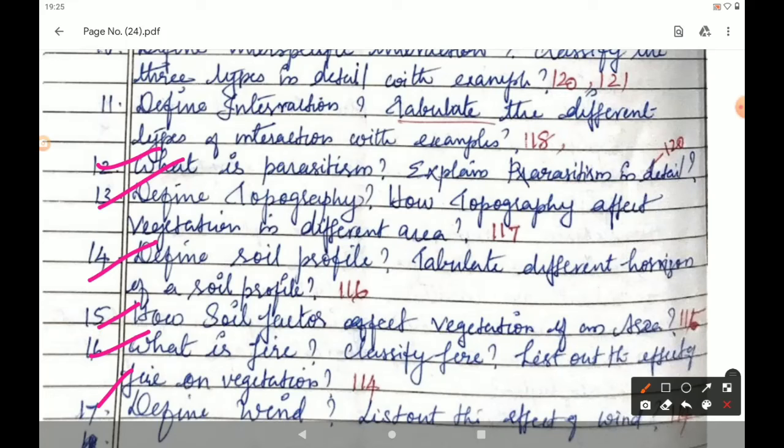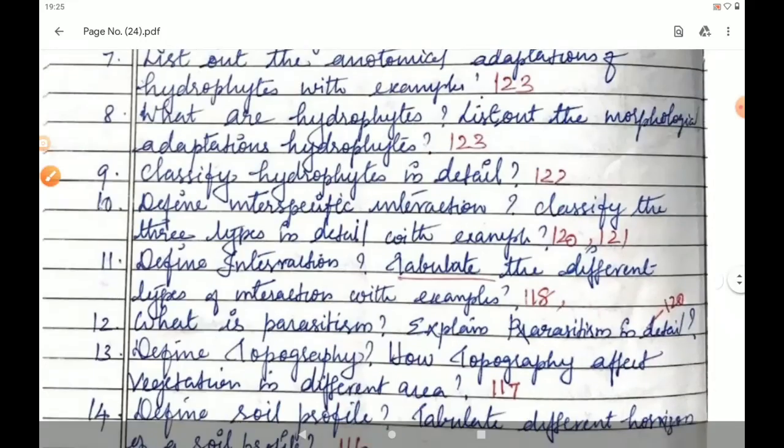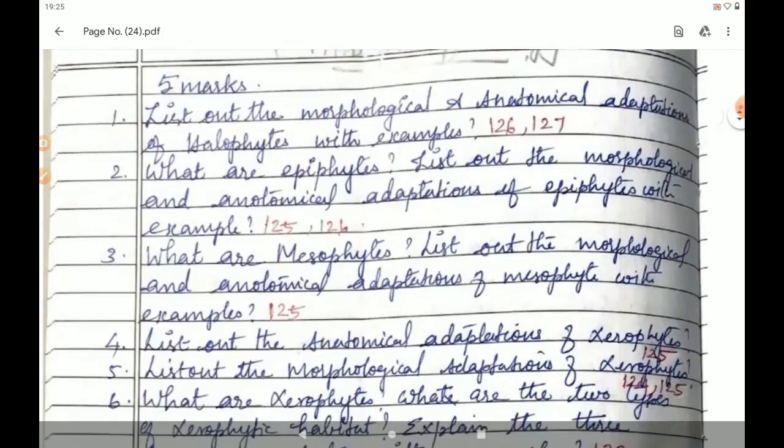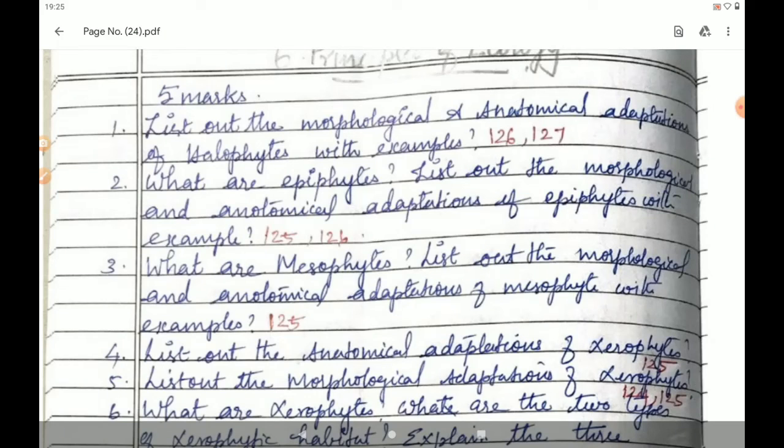So students, so far we have seen 17 questions in this lesson. 17 five mark questions. Learn all the questions. This will be very easy for you because you have already learned these questions in 2 mark and 3 mark. It is given in a very shortened form. If you learn the 2 mark and 3 mark, then this 5 mark will be very easy. So from the beginning to the end of the lesson,